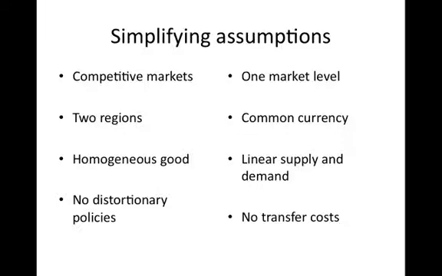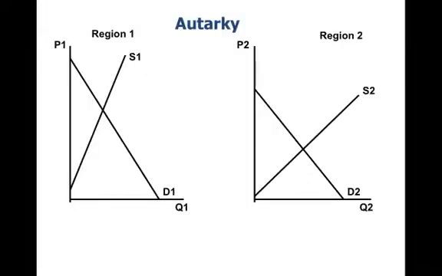Now, if we relax these assumptions, some of those similar types of stories still stay in place, but in order to understand how to relax these assumptions, you need to understand how the model works at a very basic level, and that's what we're trying to do here. So to get at this, let's think about two separate markets, and let's think about a case that economists call autarky. And in autarky, we don't allow for trade.